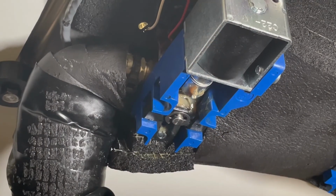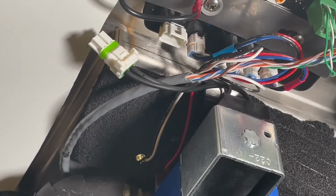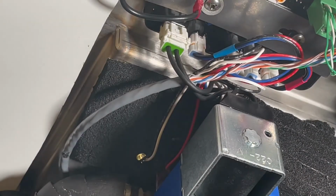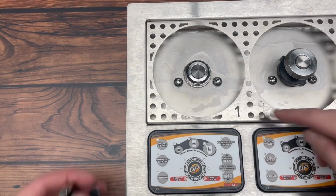And then the last thing that you need to do is plug the mechanism back in. So if you're looking at the circuit board here, you've got the 2 black wires. It pops right back into there. It's always a good idea to check your work to make sure everything is working as it should be. So the easiest way to do that is to